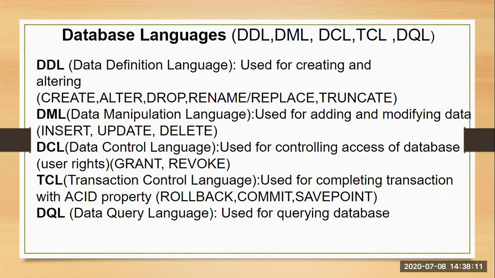Along with asset property, you have methods which are used as rollback, that is moving back to the original form, commit, saving any successful transaction, and save point, which is nothing but once you have committed or saved any successful transaction, you can make a point there, or you can make some marking over it. That is your save point.